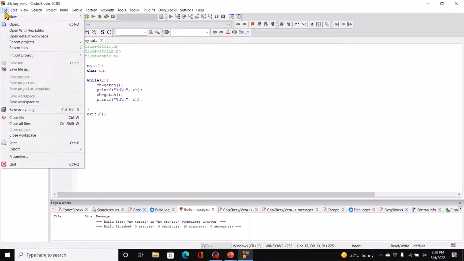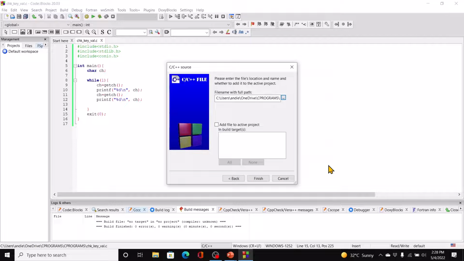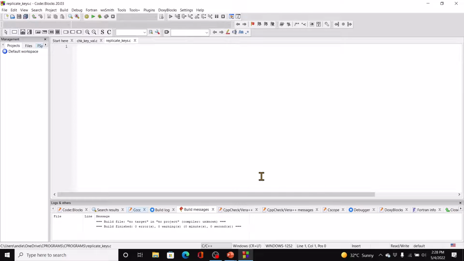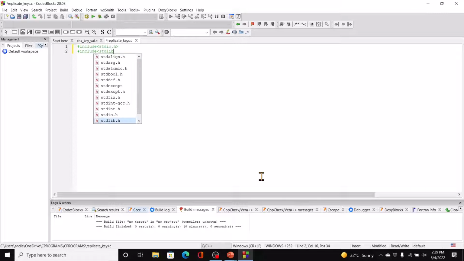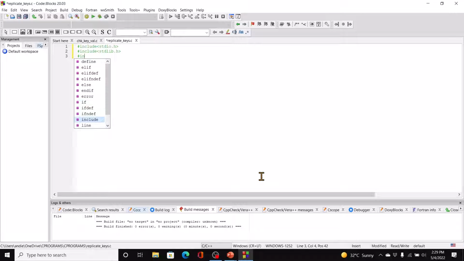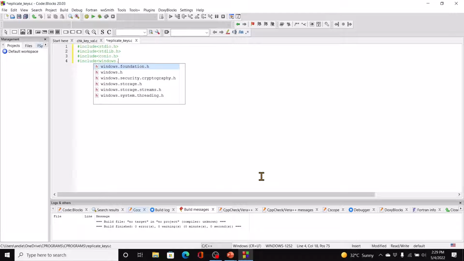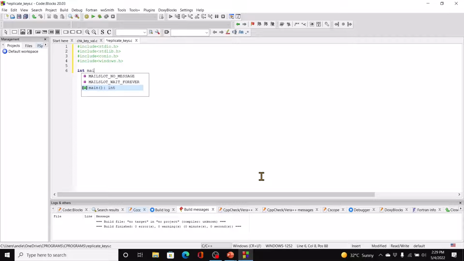Let's start a new file. Hashtag include stdio.h, hashtag include stdlib.h, hashtag include conio.h, and hashtag include, we're going to be using windows.h so we can have the cursor positioned in the appropriate row and column. Int main,